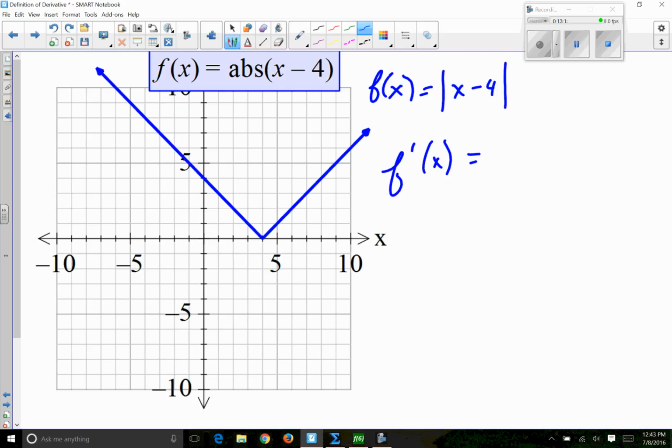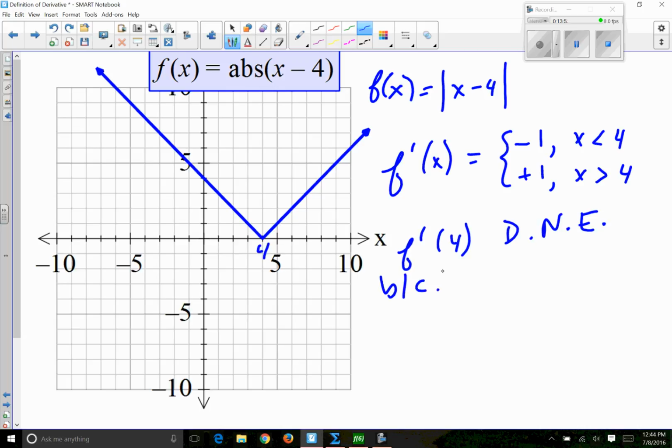This absolute value graph is a V shape, but each side is a line, or part of a line. The slope on the left side, up to x equals 4, is negative 1. That's if x is less than 4. But the rest of this has a slope of positive 1. That's when x is greater than 4. But the derivative right at 4 does not exist